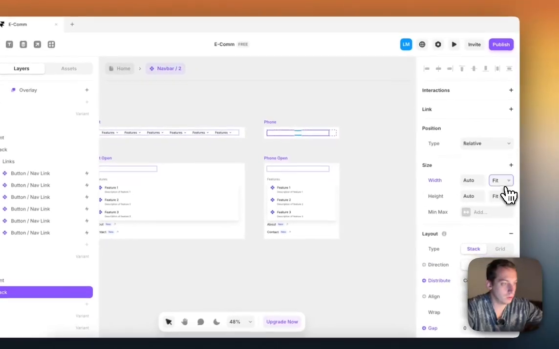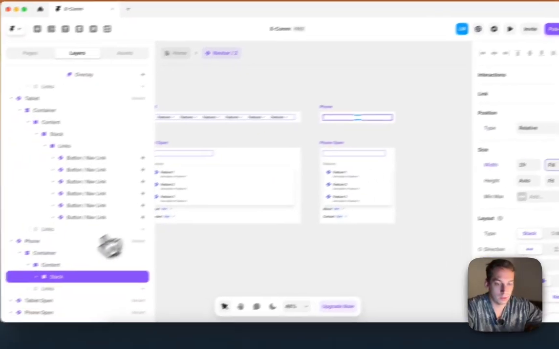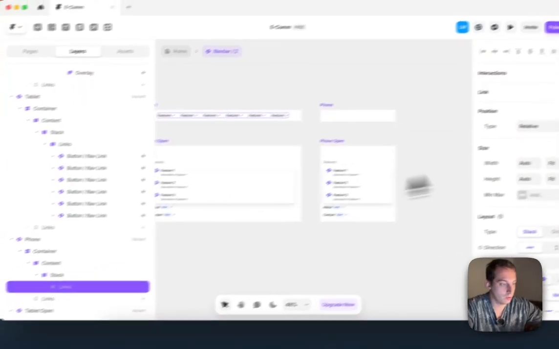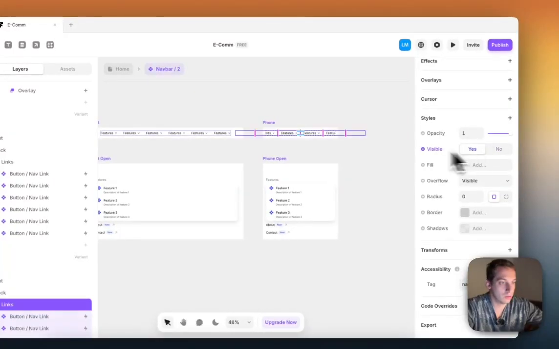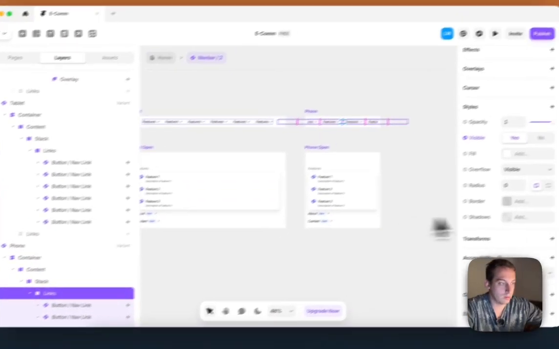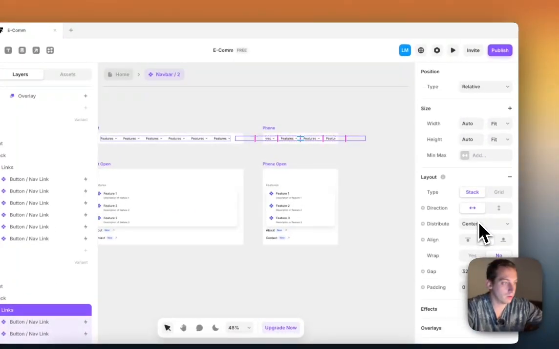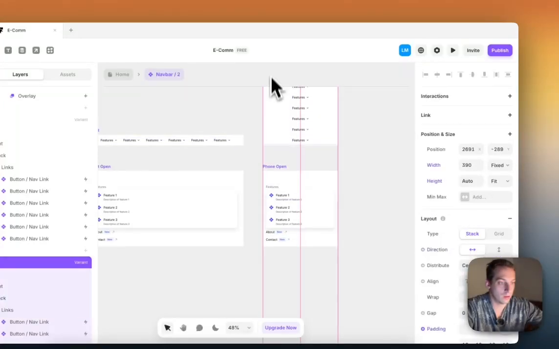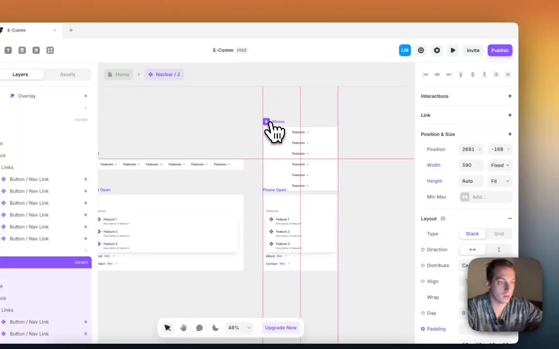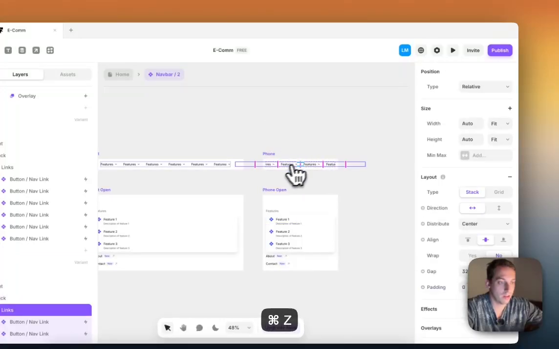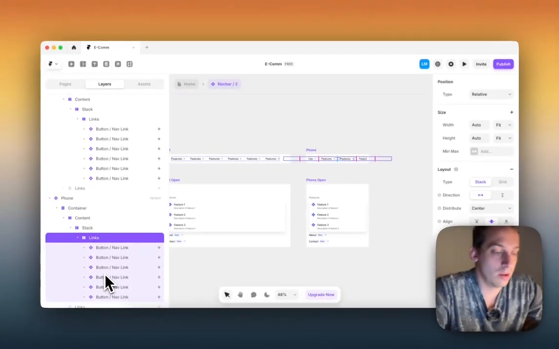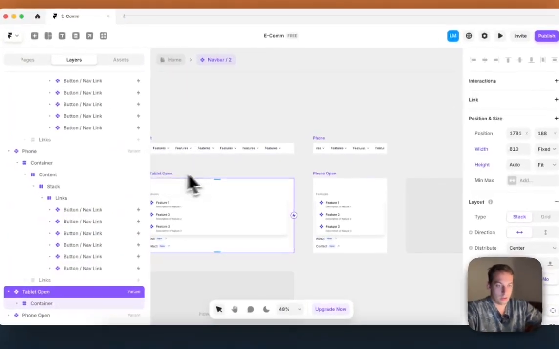So we want to do the same here. So fill, and then we want to show visible, but we want it to go down. Let's see how that looks. Actually, in Amazon, it's not like that. Maybe in Amazon, maybe for the phone, we can just,